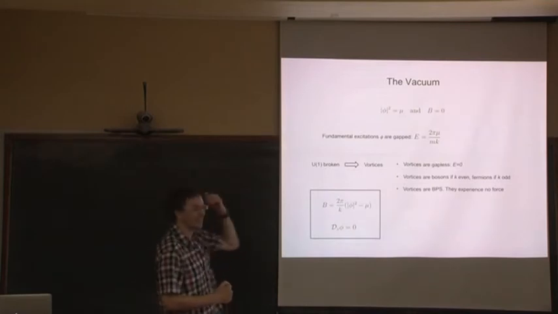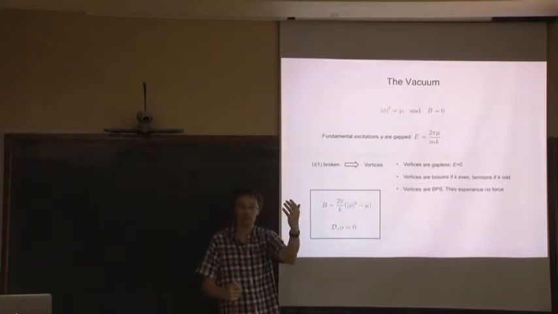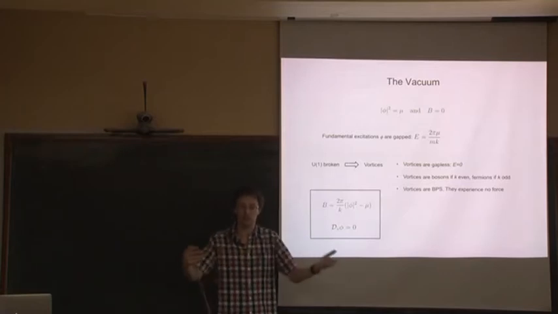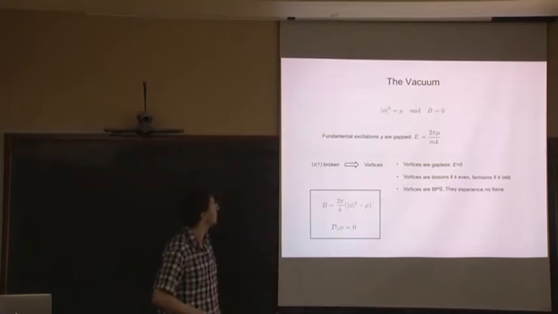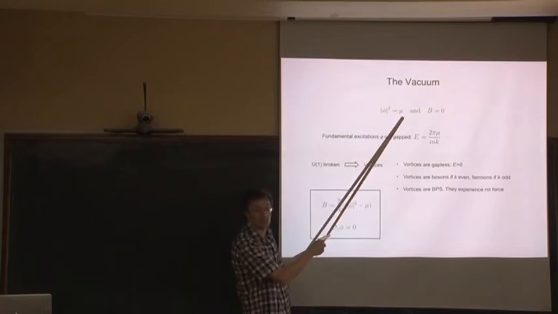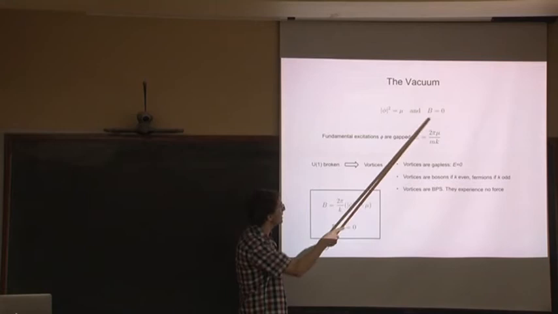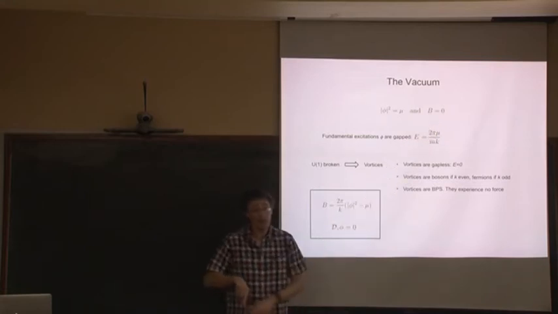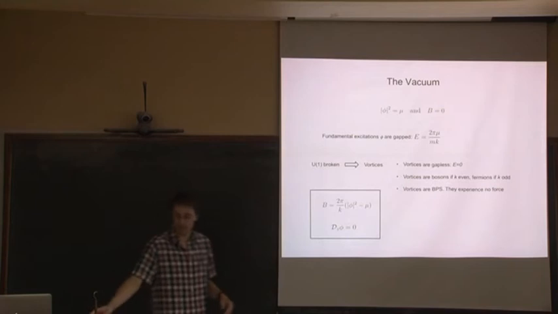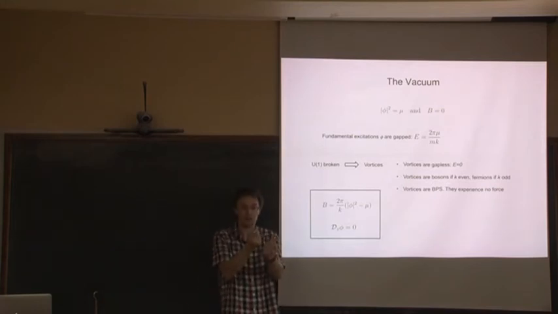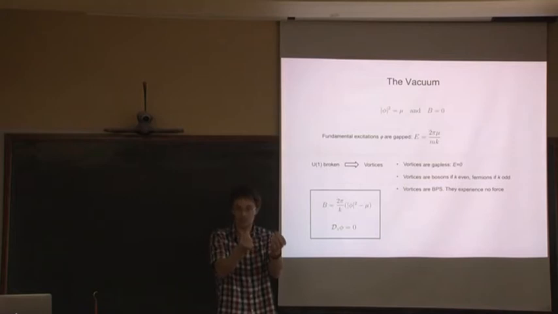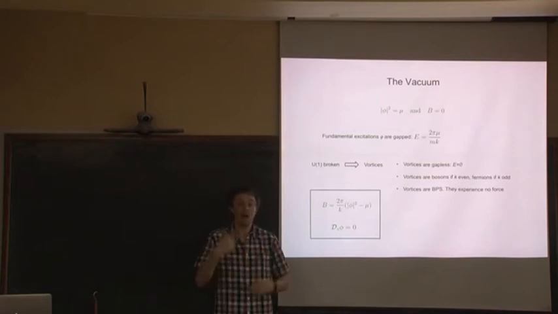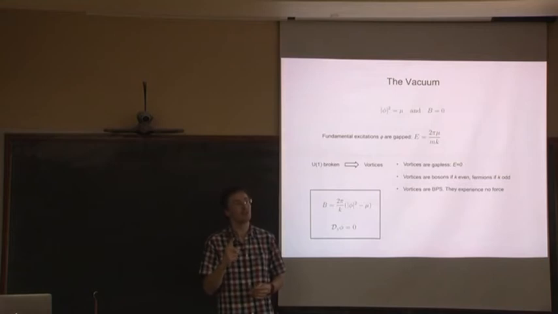Okay, so what's the physics? The background charge, the mu A0 term, is telling you you're obliged to turn on some fields in the vacuum. So the vacuum is very straightforward. It's just phi squared equals mu, and the magnetic field is equal to 0 in this vacuum. You can look at the fundamental excitations, which are the excitations of these bosons. It turns out they're massive, massive being relativistic terminology. They're gapped. It costs a finite energy to excite them. But there are gapless excitations in the theory, which are just the vortices.